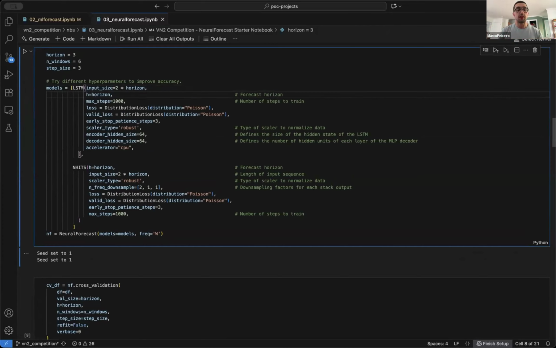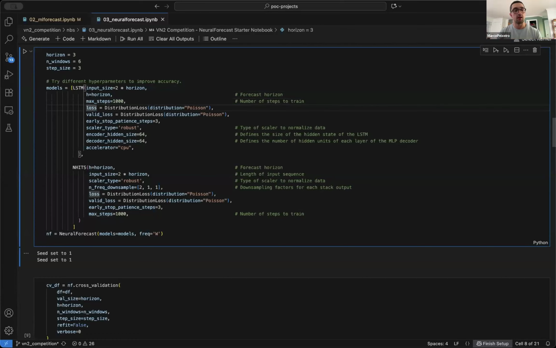Then you need to specify your horizon itself, okay? So how far ahead do you want to make some forecasts? Max steps, this is how many steps are you going to train your model for? We recommend usually to set it to 1,000. That is usually more than enough. And then, you know, you can always set early stopping so that you don't overfit your model, but 1,000 steps,